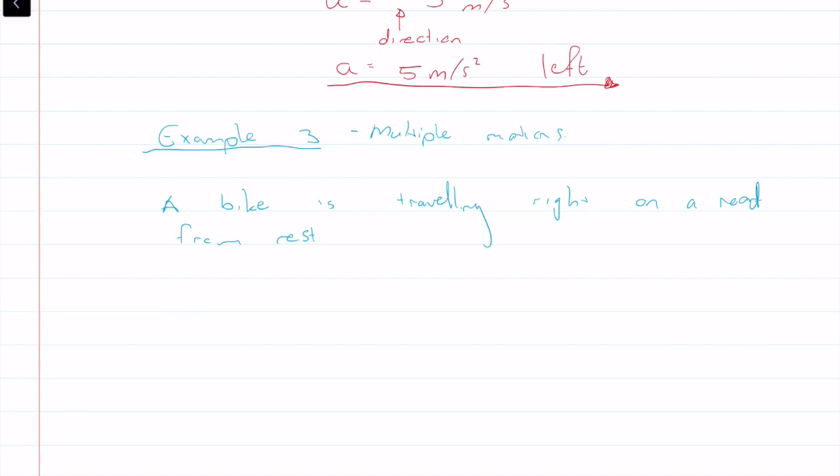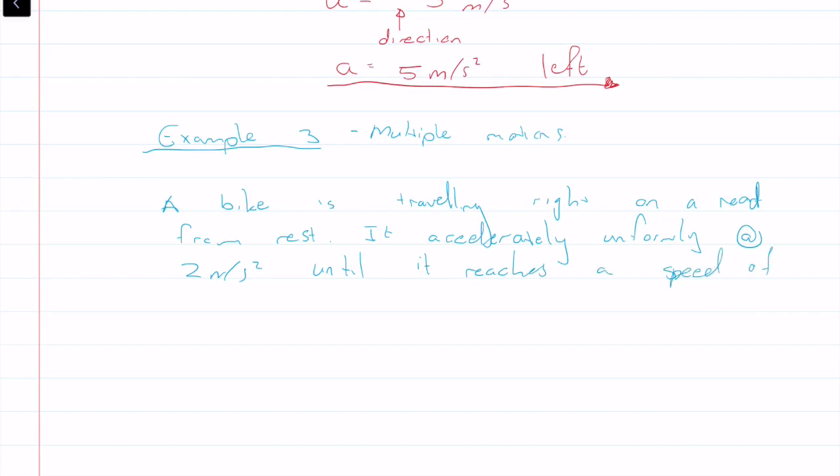Okay, so it accelerates uniformly at 2 meters per second squared until it reaches a speed of 30 meters per second. Okay, then the bike travels at